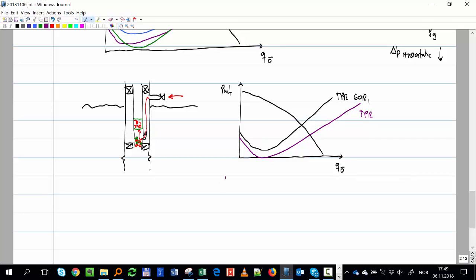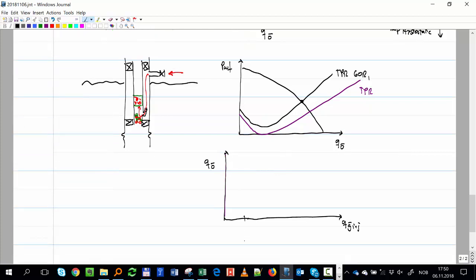Now, if you plot that experiment we make in the field, or using a model, whatever you have. Here is the gas injection, that's the gas that I'm injecting. And here I'm going to plot how much oil I'm getting. So the first part of this chart: if I have no injection, what do I have? This is 0. I have this natural intersection, right? Let's say Q is this guy here. Now I start injecting a little bit,